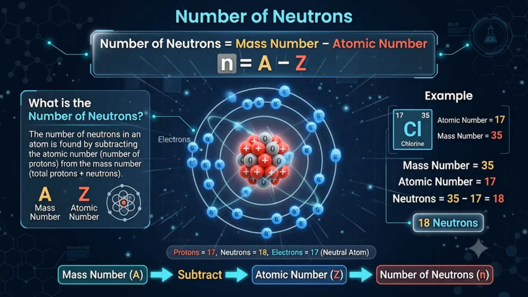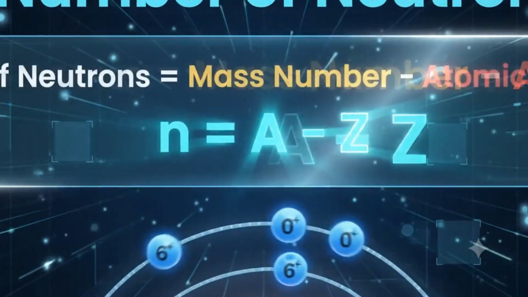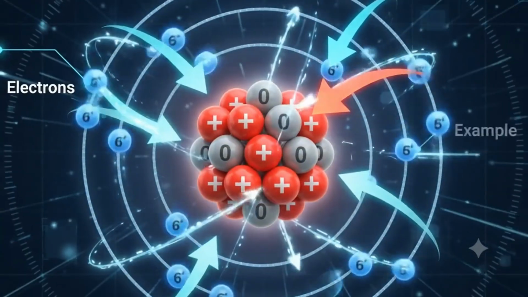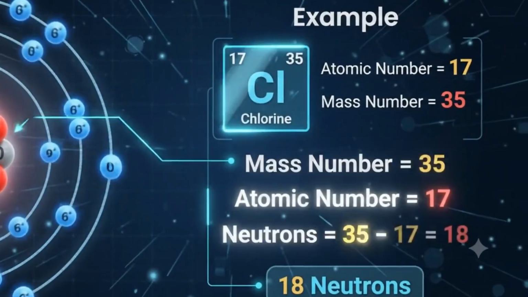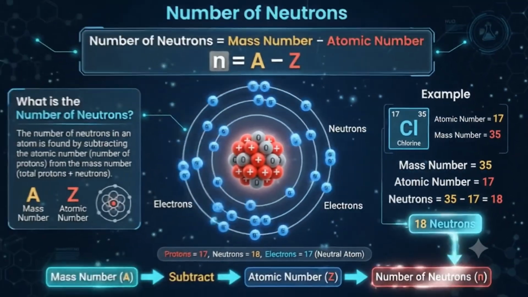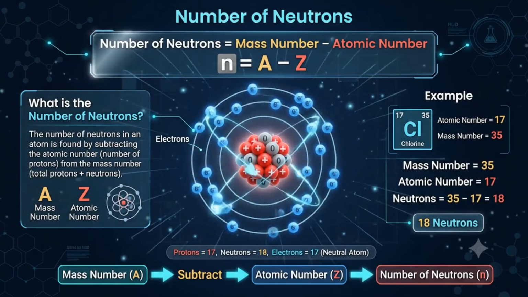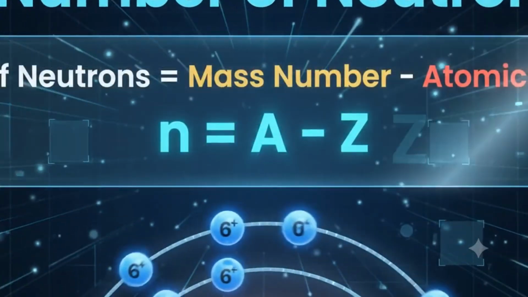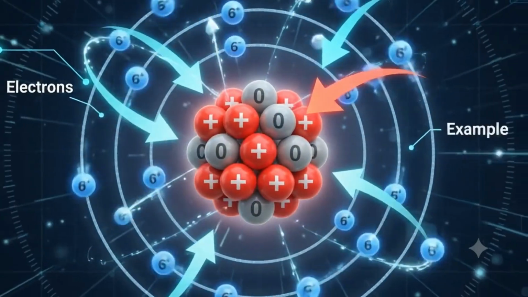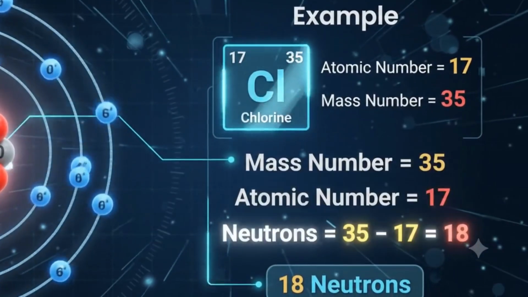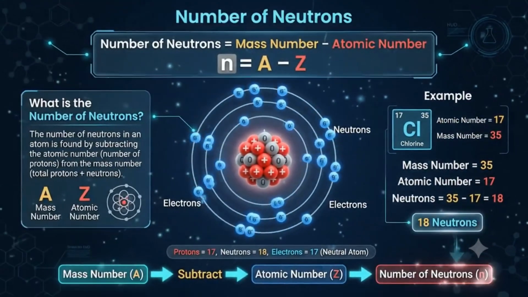Now that we understand the concepts of atomic number and mass number, the next important step is learning how to calculate the number of neutrons in an atom. Neutrons are one of the three fundamental subatomic particles found inside an atom. They are located in the nucleus along with protons and have no electrical charge, which is why they are called